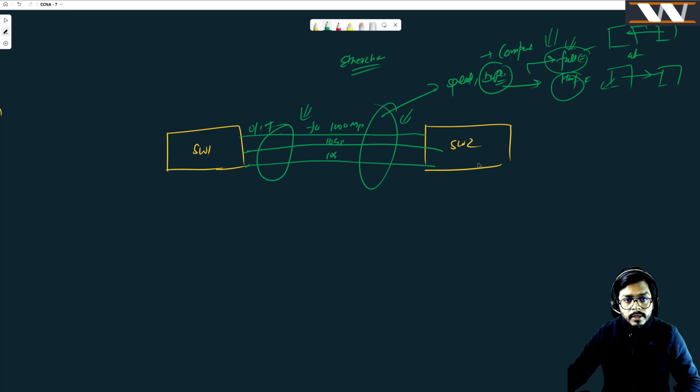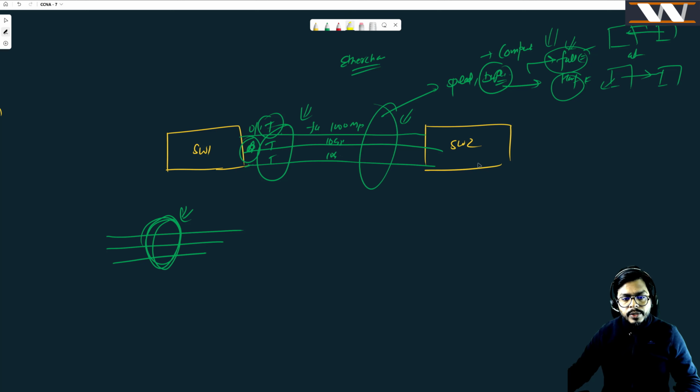If this is a trunk link, the other link cannot be access, right? So you are going to make this a trunk, this a trunk, and once you have made these three links a channel,